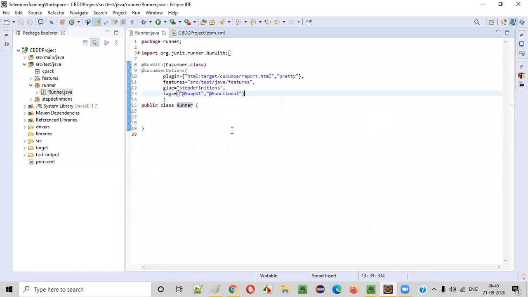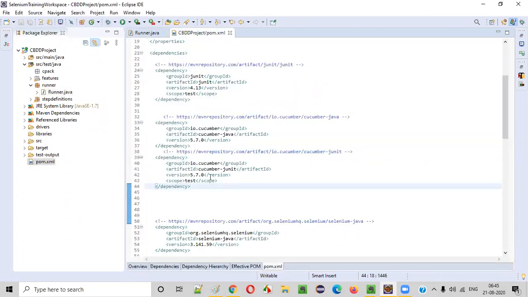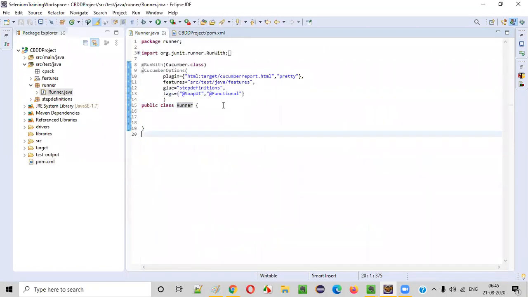Okay, you see now the errors are gone, right? When you downgrade your Cucumber Java and Cucumber JUnit versions to the older version, the errors go away. So these curly brackets are not supported for the tags in the latest versions. There is no info on the web about why this happened with the latest versions.